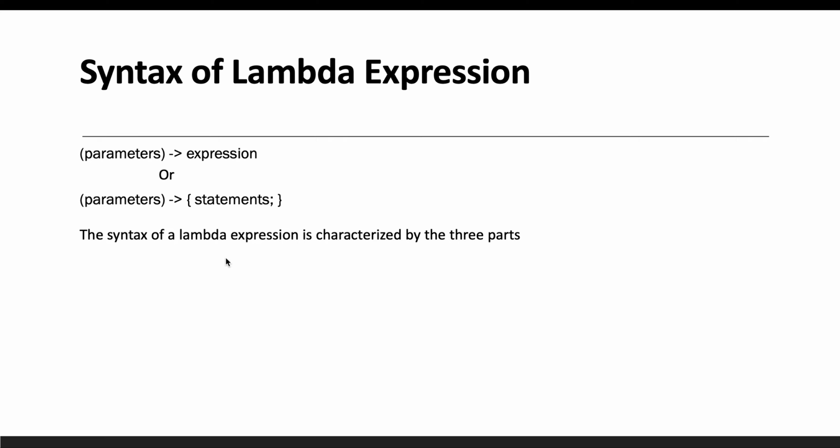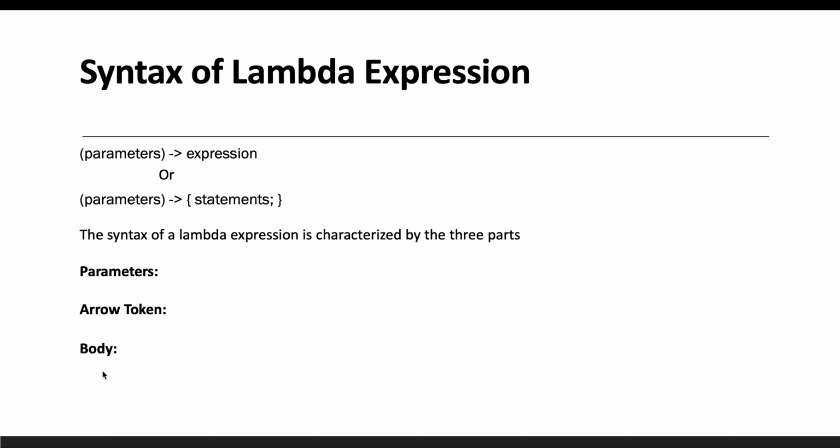So the syntax of the lambda expression is categorized into three parts. The first part is the parameter. What is this parameter? A lambda expression can have zero or more parameters enclosed in the parentheses, similar to how we pass arguments inside methods. The second one is the arrow token. This arrow token separates the parentheses from the body of the lambda. So this is called the body of the lambda, and this is called the parameter where we pass arguments, right? And this arrow is the separation between the parentheses and the statement, you can say the body of the lambda.